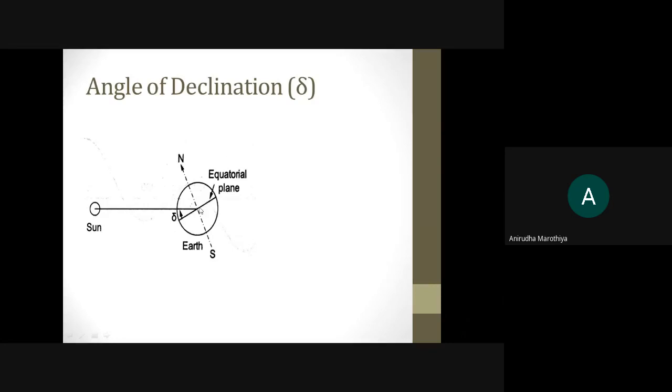It is not at all necessary that the relation will always be maintained like this. For this instant, it shows that the Sun is available above the Earth equatorial plane. But after some time, we may find an instant where the incoming beam of solar radiation and the Earth equatorial plane are exactly coinciding. That means in that case the value of del is going to be 0.